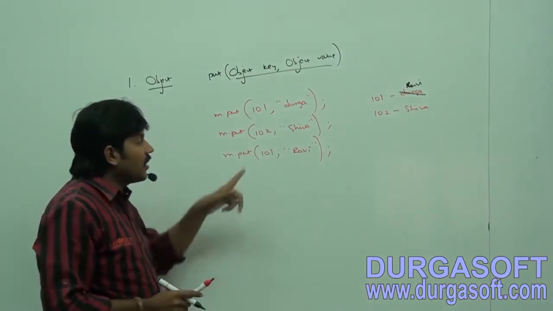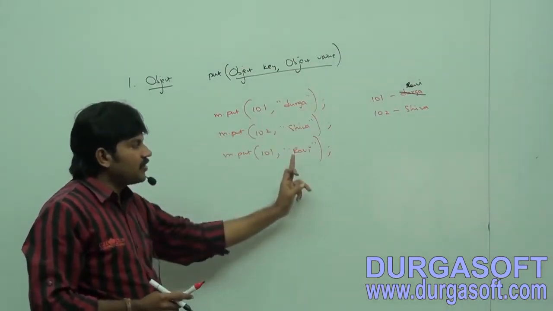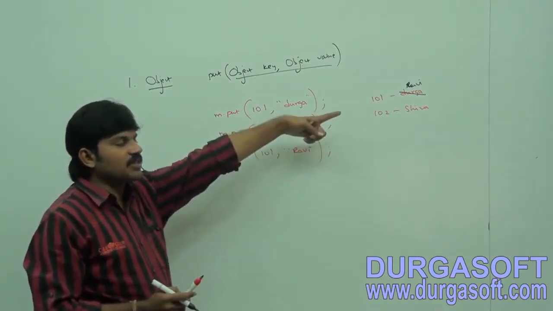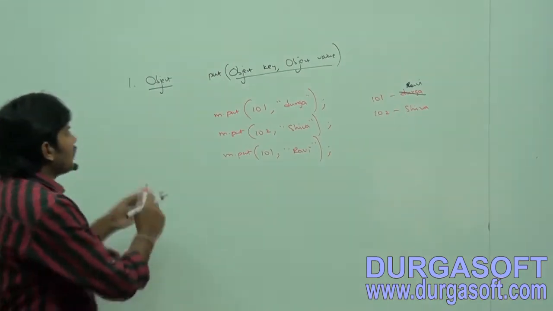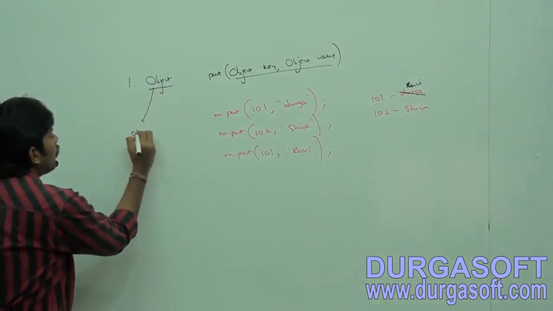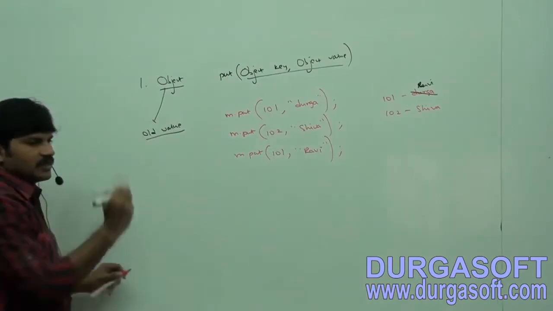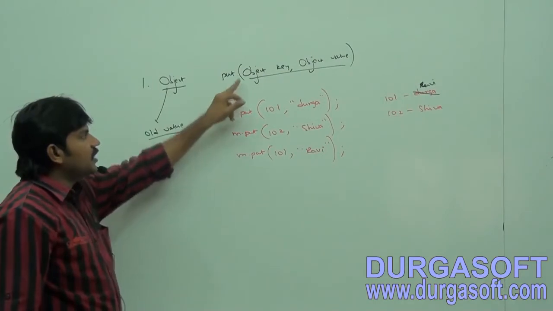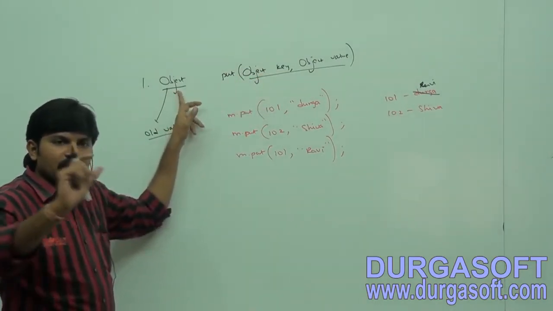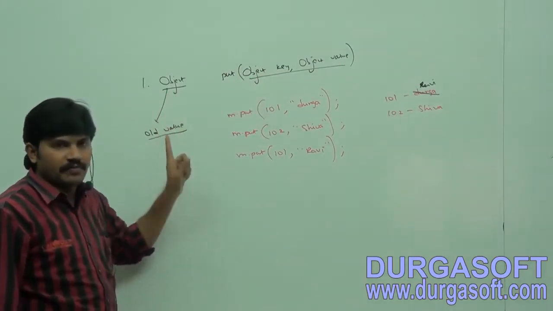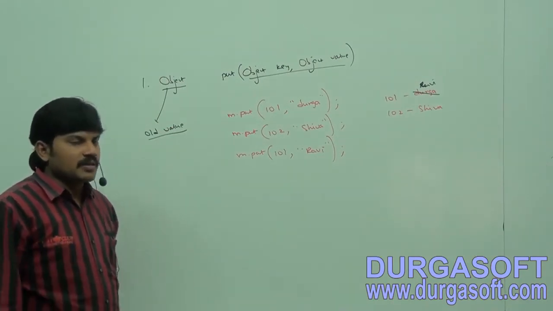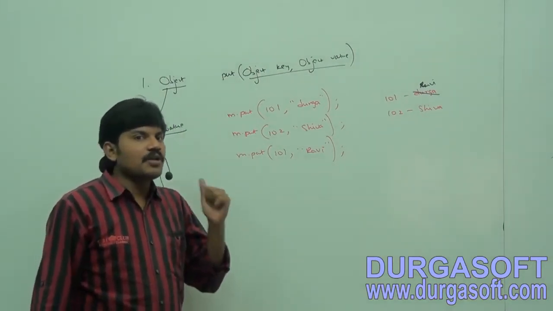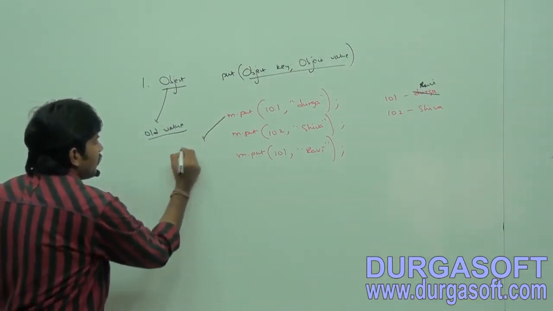If you are trying to insert an entry with a duplicate key, then the old value is replaced with the new value. And which value got replaced? Durga got replaced. That is the return type, the old value. If you want to know which value got replaced, just keep this put method inside SOP. If you print it, Durga, the old value, we are going to get. Suppose you ask, sir, in the first two cases we are not performing any replacement, then what value is going to be returned? In this case, null will be returned.